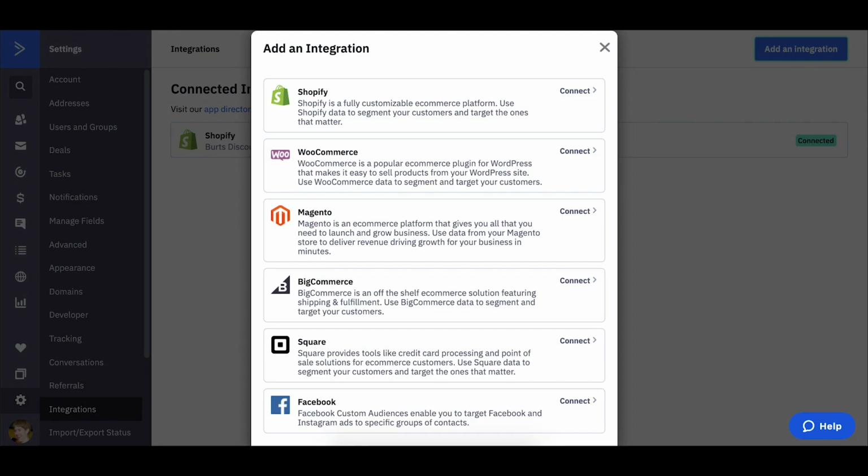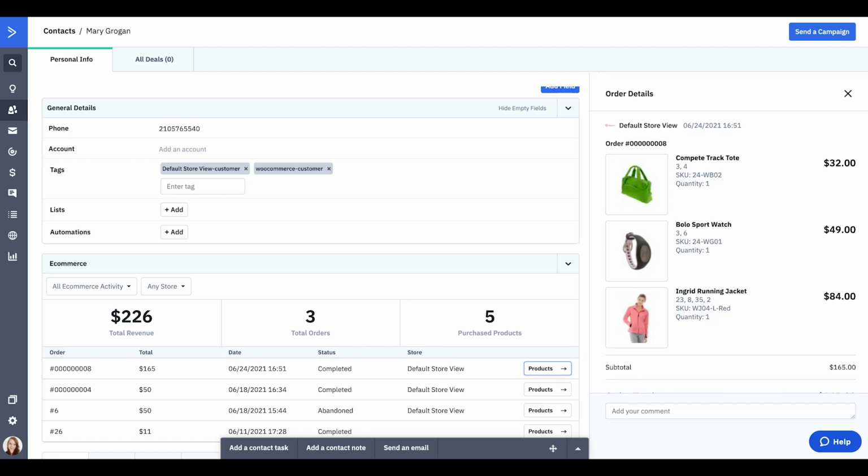And of course, you can also connect your Magento store from within ActiveCampaign. If you go to the settings page and then the integrations tab, and you hit add integration in the top right, you will now see in the add integration modal, Magento is right there, smack dab in the middle. And then of course, when you connect there, you will be redirected to the marketplace, add the extension, input your API credentials, and boom, you now have a connection between your Magento 2 store and ActiveCampaign using our deep data